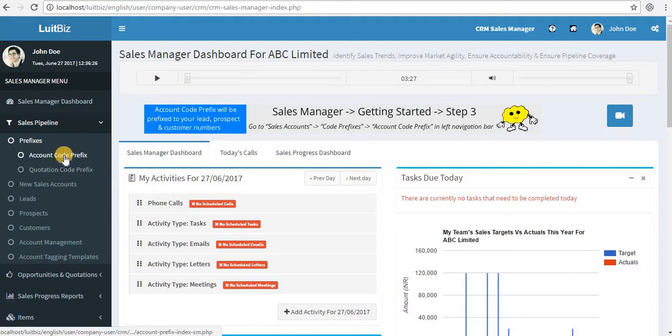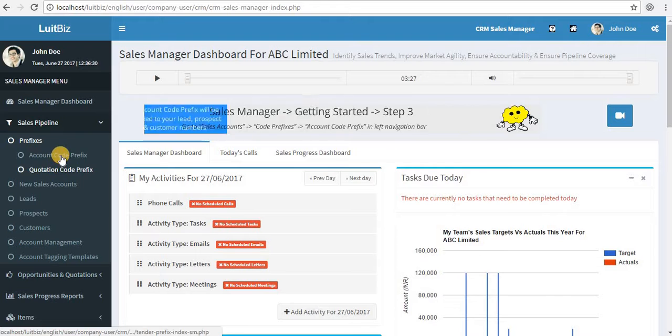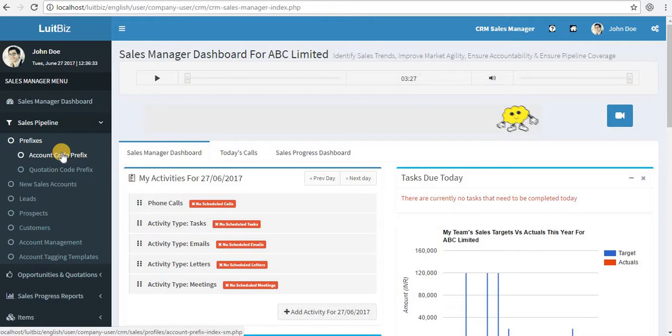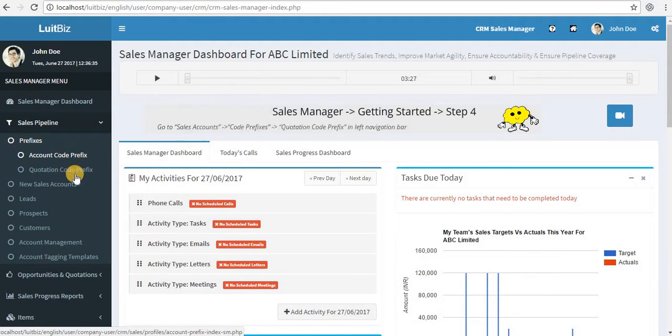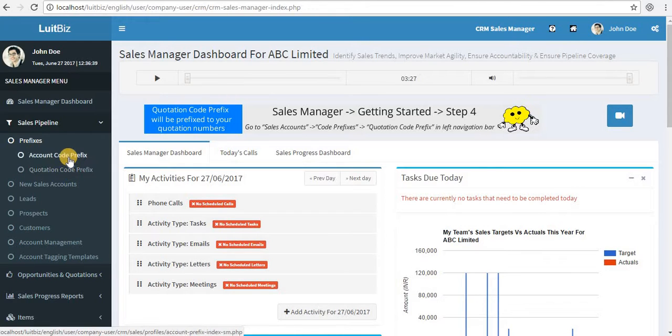Click on prefixes. You must have already added the account code prefix and the quotation code prefix. If not, please do so. Click on these links, add the account code prefix and the quotation code prefix and publish them, because this would be necessary for you and your team members to actually